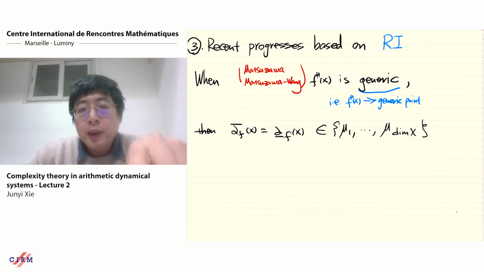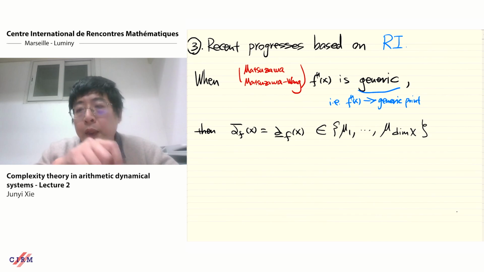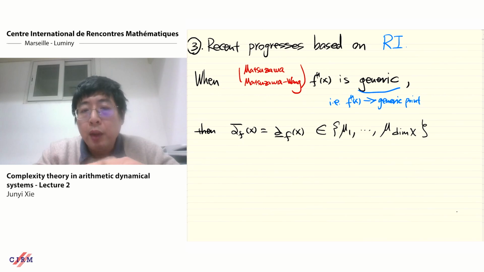It says that if the orbit of x is generic, where generic means that in the Zariski topology, f^n(x) tends to the generic point, in other words, for every proper subvariety, the orbit of x only meets it finitely many times,